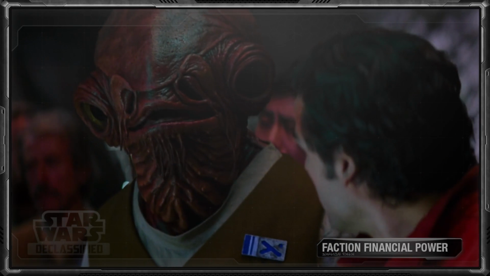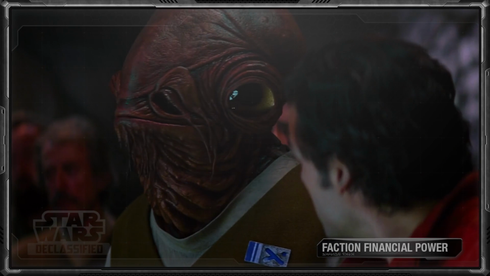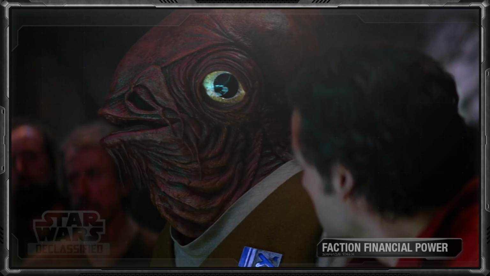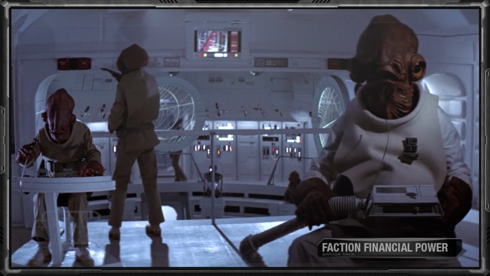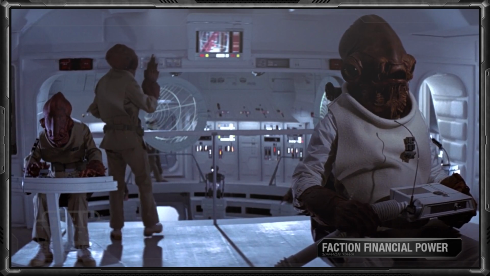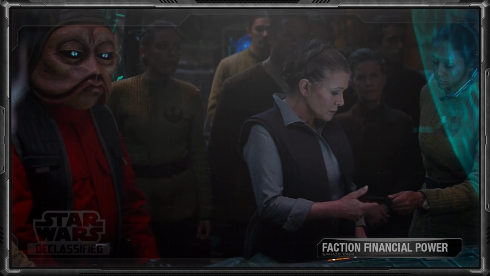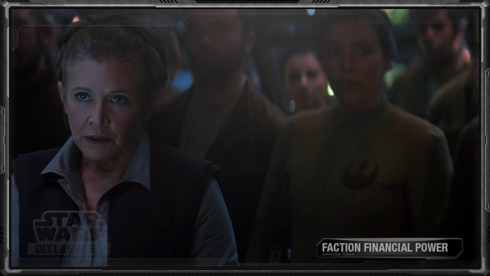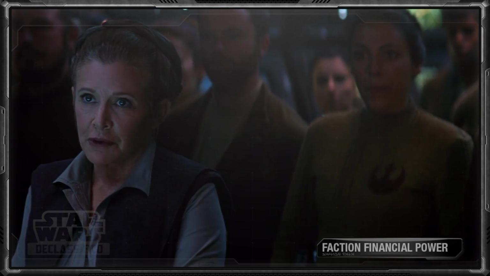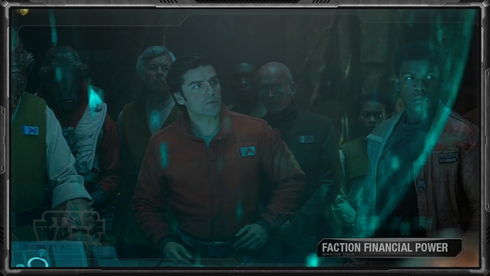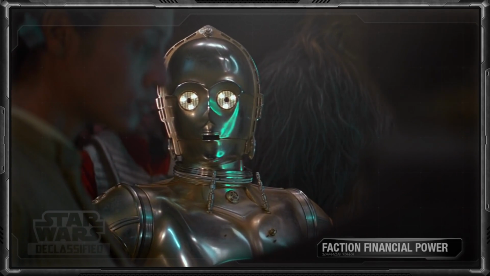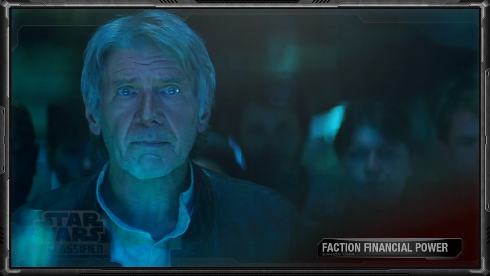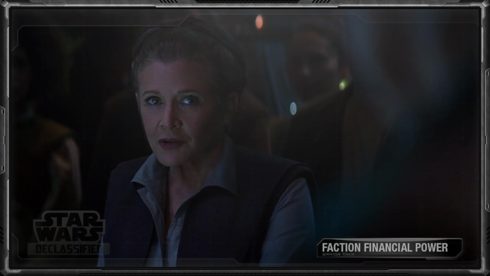Gial Ackbar, coaxed out of retirement by Leia, also had nowhere near the same presence he once commanded during the Galactic Civil War, which allowed the Mon Calamari to give both financial and military support to the Rebellion. Initially, it was simply Leia alone financially supporting the Resistance, which was her own personal project being worked on the side due to her fear of the First Order's operations in the unknown regions, and the New Republic's inability and haste to do anything about it.